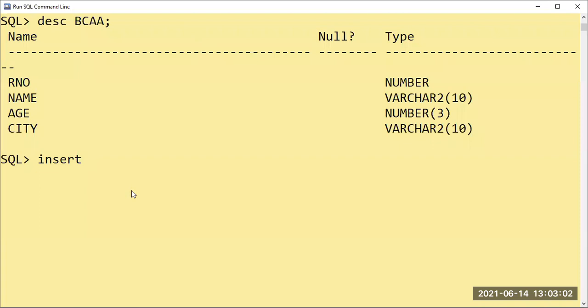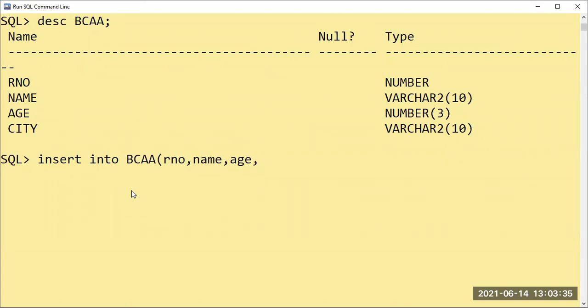N number of things are there. We have to go on writing step by step. So first of all, insertion of a record. Insert into, what is the table name? First of all, the table name is BCAA. Then roll number, then name, then age, then city.